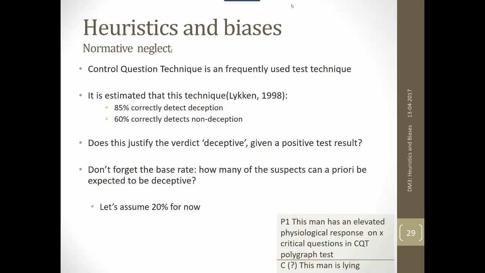So during the lecture and in another video, we talked about the base rate neglect, and we used an example about a lie detection test. Given these values, which are collected from research on a specific polygraph test technique, we can assume that the polygraph test technique correctly detects deception in 85% of cases and correctly detects non-deception in 60% of the cases. And if we assume a 20% base rate, so 20% of all people who take the polygraph test will be guilty or will be deceptive, we can calculate the odds that a person is lying given that a person tests